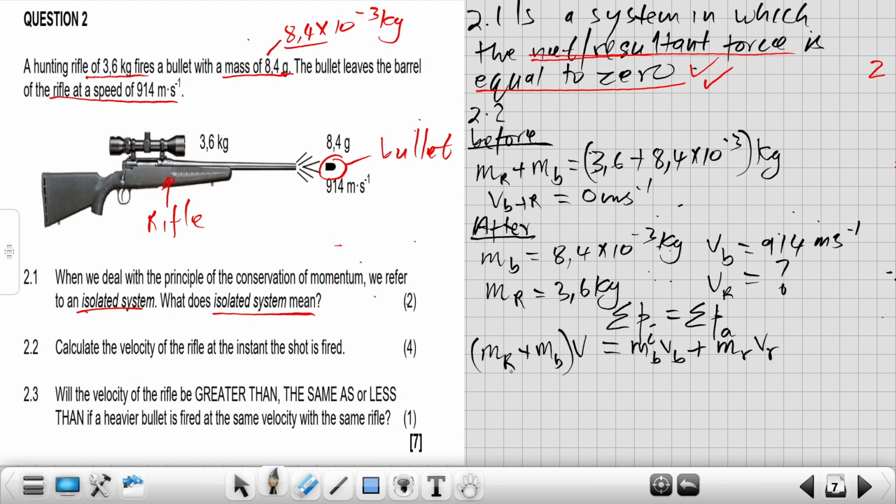Then this will be just substitution: 3,6 plus 8,4 multiplied by 10 to the minus 3, multiplied by 0, which is just now